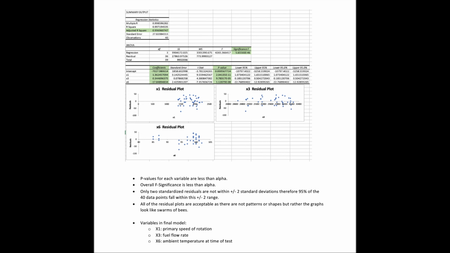For my final model, the following variables were chosen: x1, the primary speed of rotation, x3, the fuel flow rate, and x6, the ambient temperature at the time of the test. My final regression equation was thrust of a jet turbine engine equals negative 7,028 plus 1.36 times the primary speed of rotation plus 0.34 times the fuel flow rate minus 17.85 times the ambient temperature at the time of the